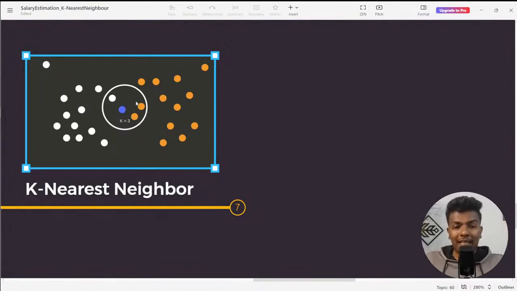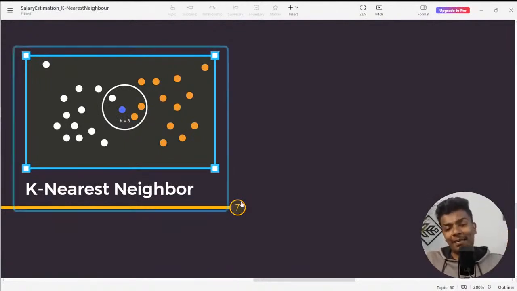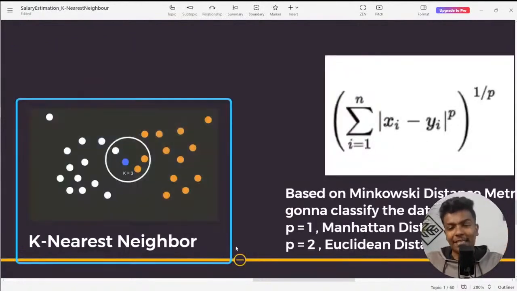So these are all the 3 nearest neighbors. One is like our left hand neighbor, another house is on the right hand side, another house is on the opposite. Likewise, 3 neighbors are going to be found out. From that, which neighbors are maximum? These orange neighbors are maximum, so the point is going to be categorized into orange color. So that is what the k nearest neighbor algorithm is all about, guys. I hope you really love this, right?